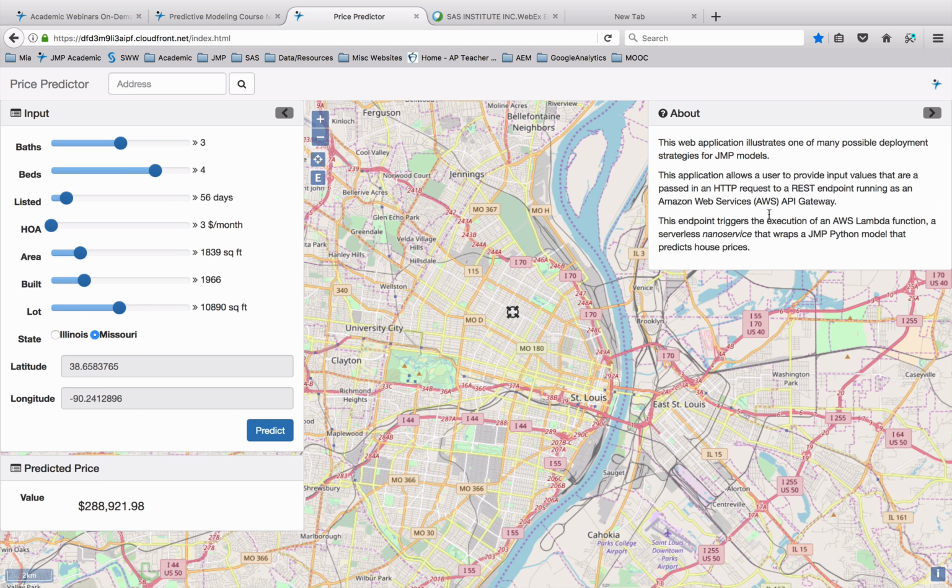So this is a web application that's built using a JMP Python model that predicts housing prices. And it's going through Amazon Web Services. So if you're familiar with Jupyter Notebooks and with this environment, you can take the JMP code and easily build a web app. So if I change, for example, the number of bathrooms and the size of the home and